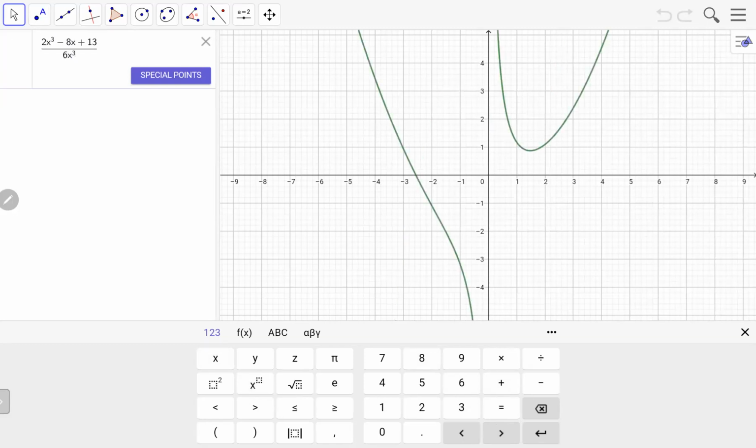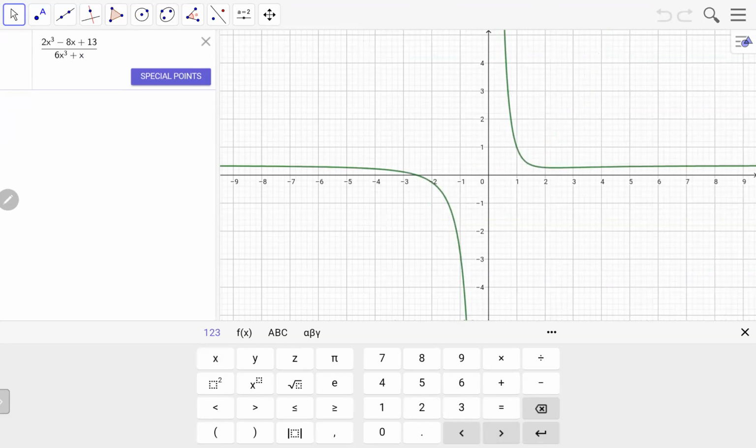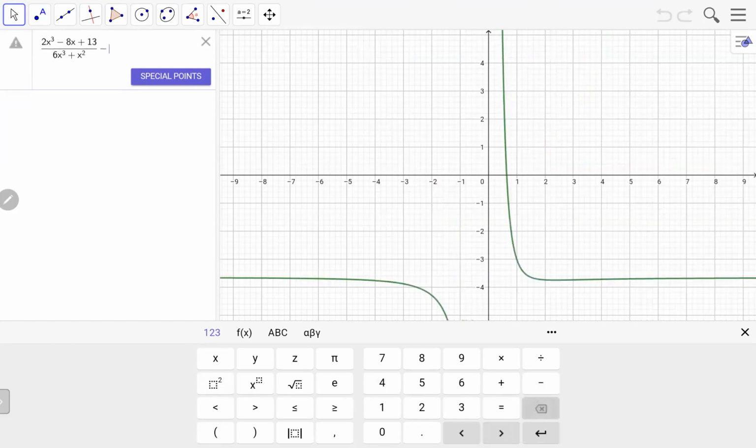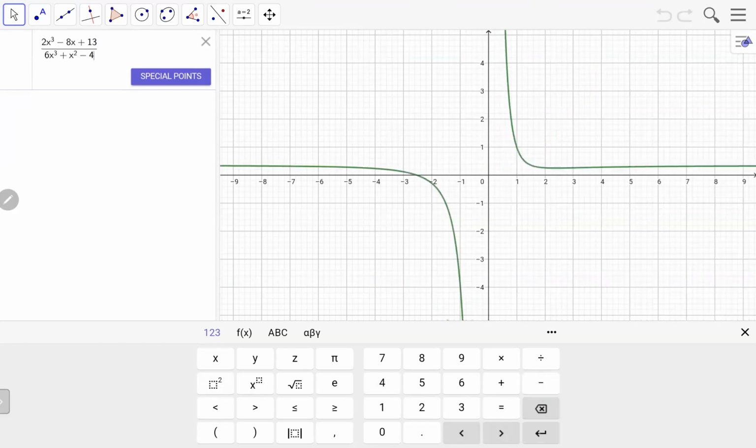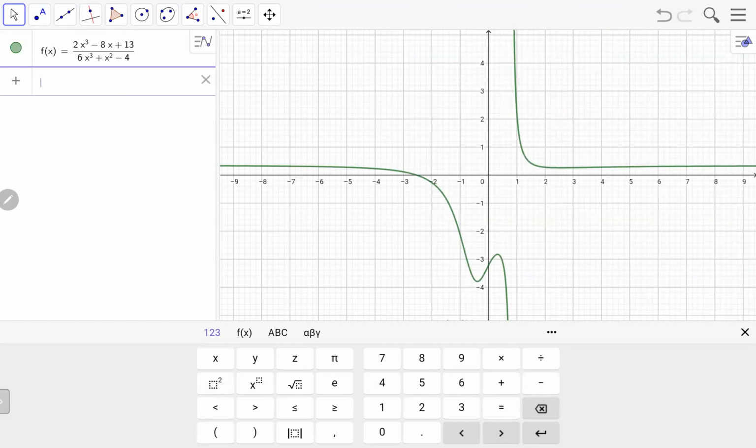Already pre-graphing the parent function, but it's not yet complete. So 6x cubed plus x squared. I'll use the square operator here. And then minus 4. Oops, lumabas yung 4. Kaya nasa loob. Minus 4. That's the graph. Now I can zoom that in so we can have a clearer view, but let me just